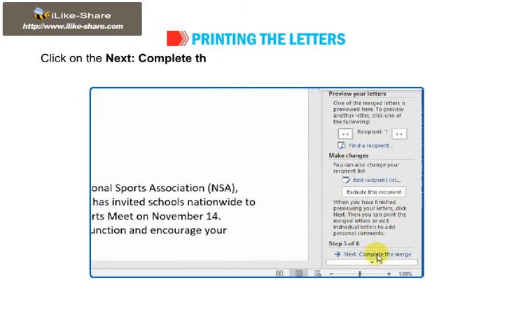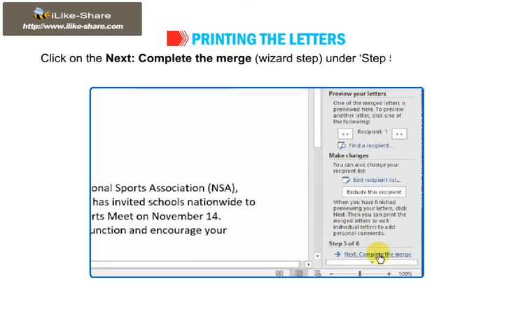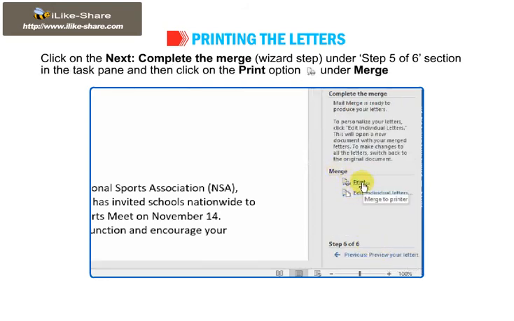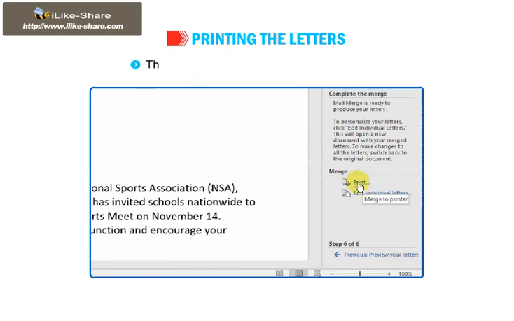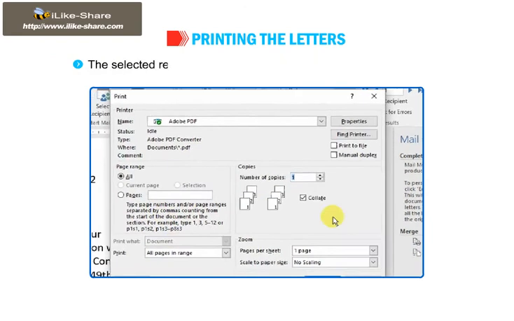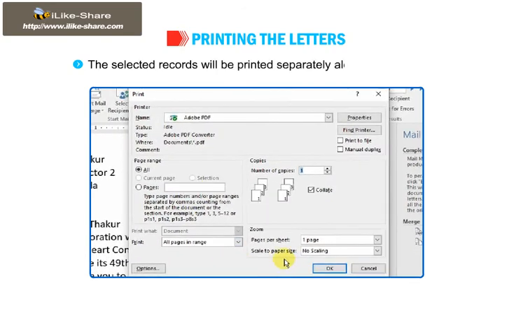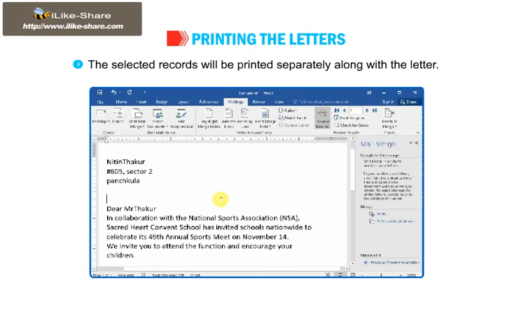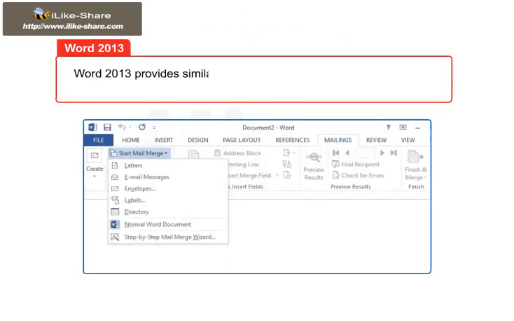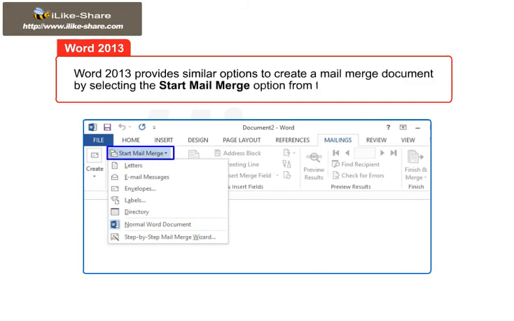Click on the Next Complete Merge Wizard step under Step 5 of 6 section in the task pane and then click on the Print option under Merge section. The Merge to Printer dialog box will appear. Define the desired print settings and click on OK. The selected records will be printed separately along with the letter. Word 2013 provides similar options to create a mail merge document by selecting the Start Mail Merge option from the Mailings tab.